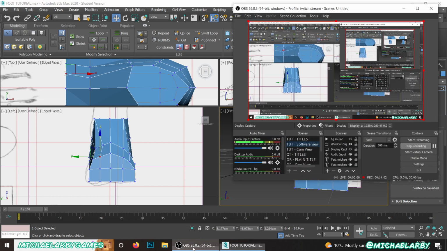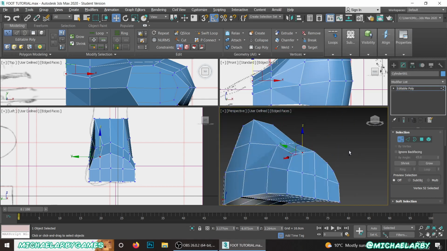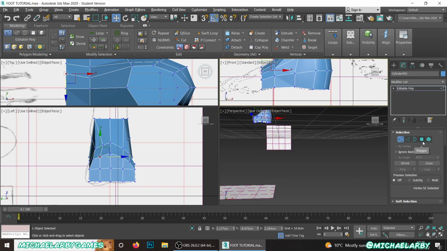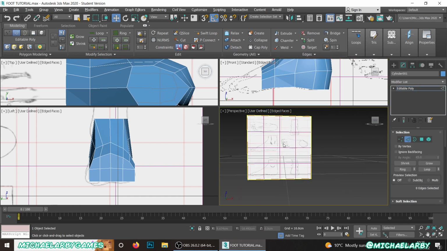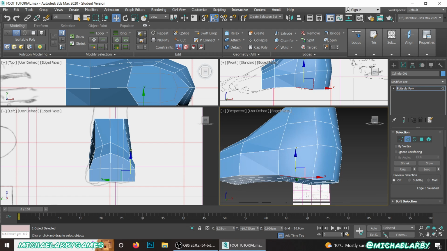Let me just check if I actually switched to the correct view. Yes, I have. I'm always scared I'll start a video and leave it on the title screen. This isn't too bad. What we can do now with that extra geometry at the bottom, we can sort of round out this foot a little bit. So we will select maybe this edge,